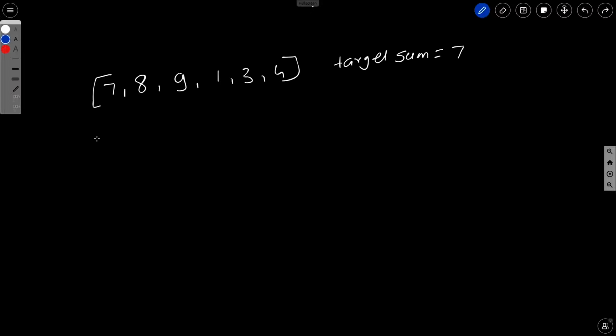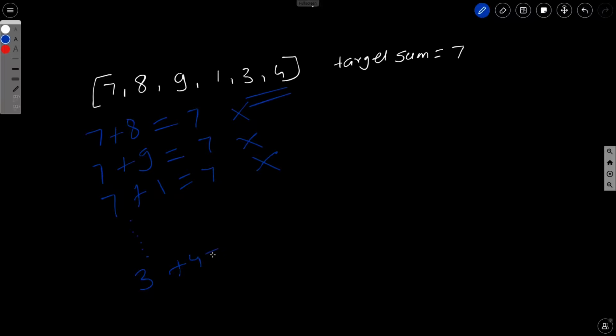So this will be like 7 plus 8, is it equal to 7? No. 7 plus 9, is it equal to 7? No. 7 plus 1, is it equal to 7? No.